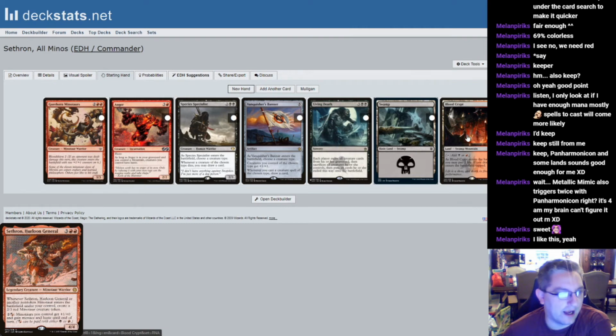Can't keep this. Okay, I had to look at the CMC for everything. Can't keep this. It should be pretty obvious, but you have 2 lands and nothing below a 4-drop. So